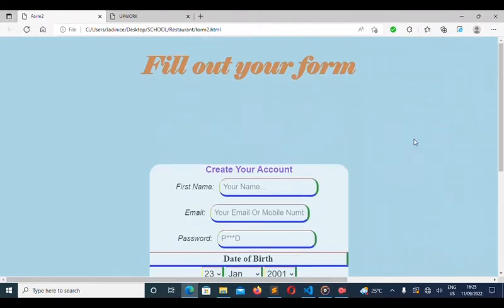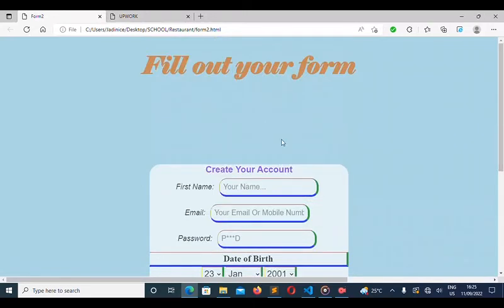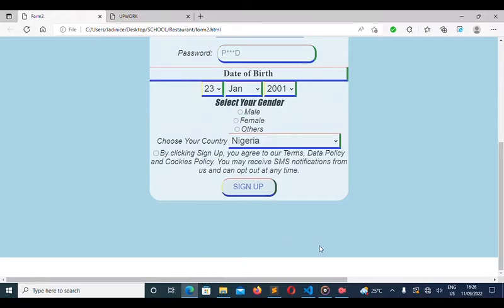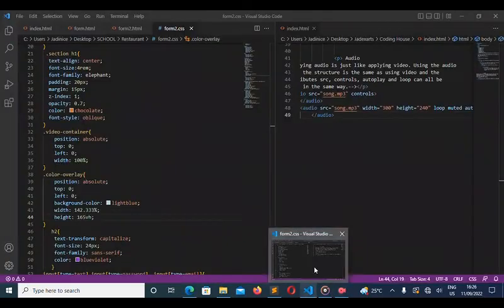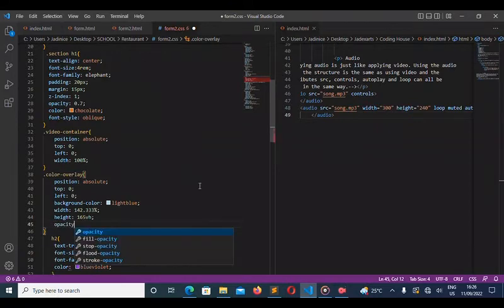But I am not seeing anything. It kind of overrode my video. It's hard to see it. It seems as though I used a solid color. So to make this more okay, I'm going to use opacity 0.6.